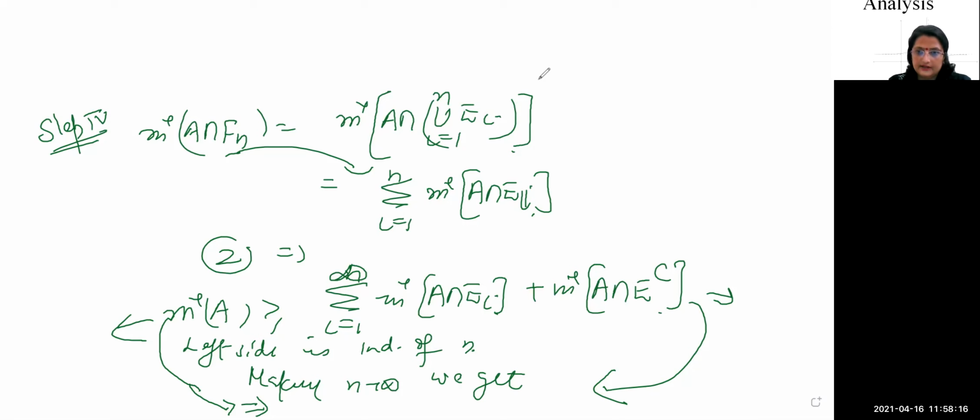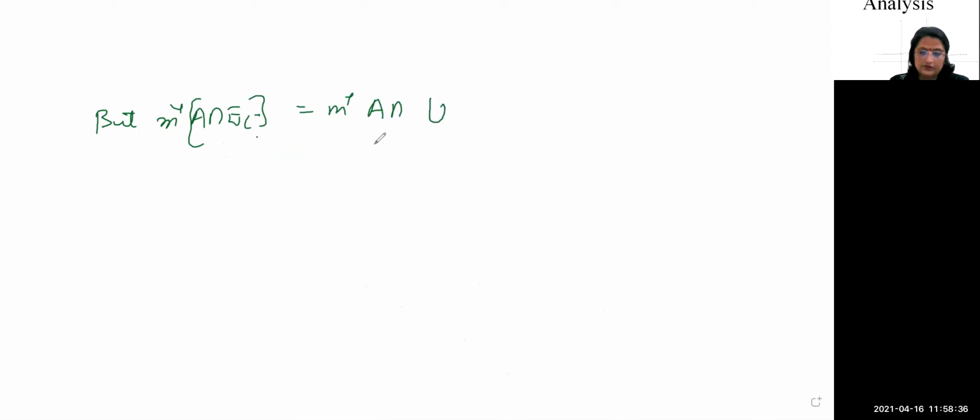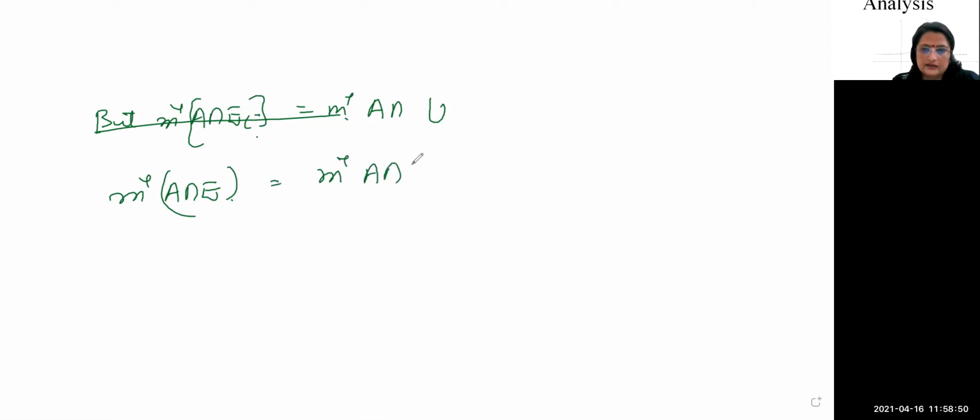But what is m star A intersection E? अब हम इसको सॉल्व करेंगे. This one, ये क्या है? But m star A intersection Ei, this is equal to m star A intersection union, sorry, Ei नहीं, we will solve m star A intersection E, क्योंकि आपने रिप्लेस करना है किसी तरीके से उसको. सो आप कैलकुलेट करेंगे भी A intersection E क्या वैल्यू दे रहा है. This is m star A intersection union i running from 1 to infinity Ei. So you will just put the value here.